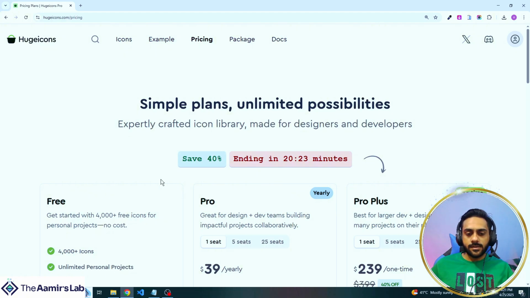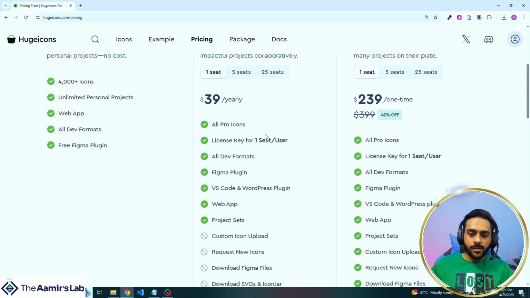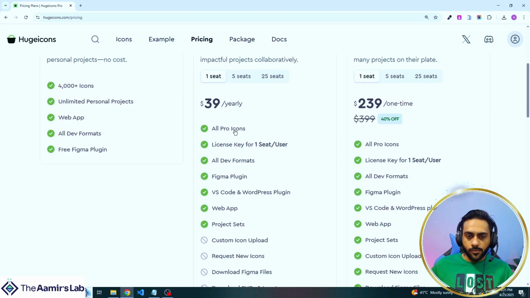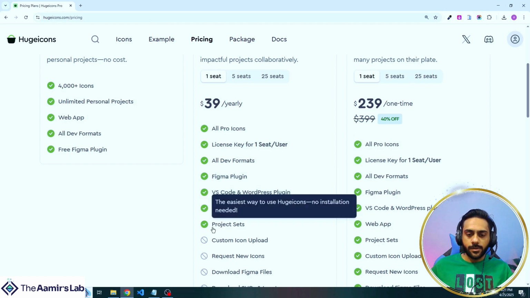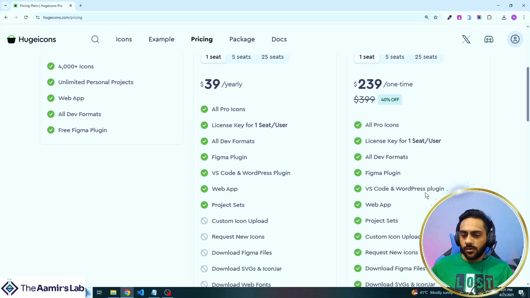As you can see, there are three packages here: free, pro, and pro plus. When you buy the yearly package, you can access all of these features like all pro icons, license key, one seat user, all dev formats, Figma plugin, VS Code, WordPress plugin, web app, and project sheets. When you buy a Pro Plus package, you can access all of these features.